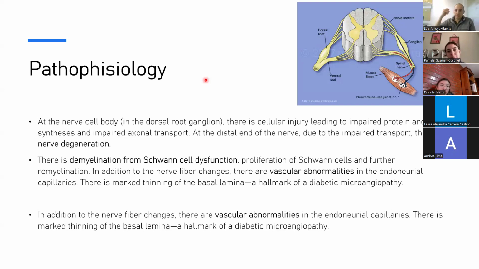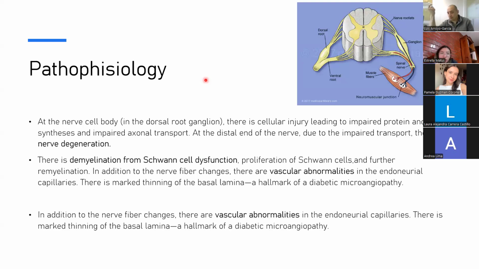If you have the communication from the neuron to the muscles very long, far away, this information needs to be transported from a long distance. This makes the neurons more liable to have problems, so that the axons die and